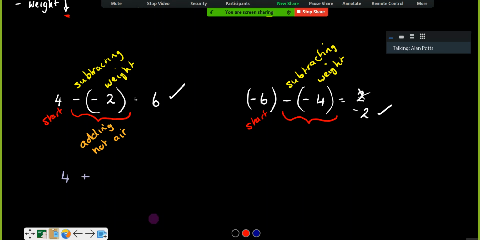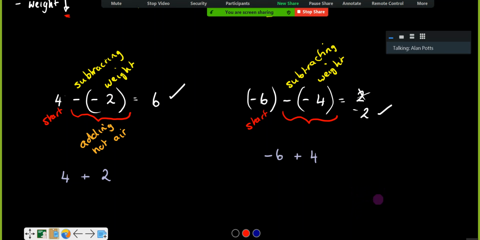Or just 4 plus. Yeah. When we have positives, we don't need to worry about it, do we? Go on, carry on. Okay, so we've got this one. This could also be -6